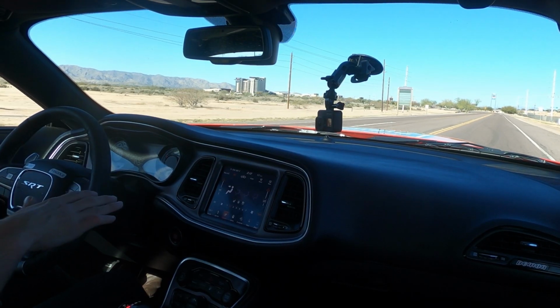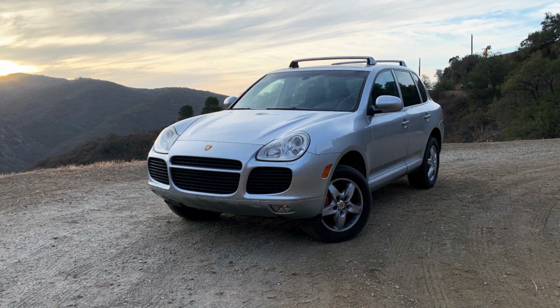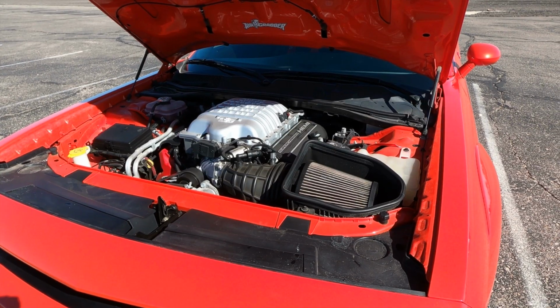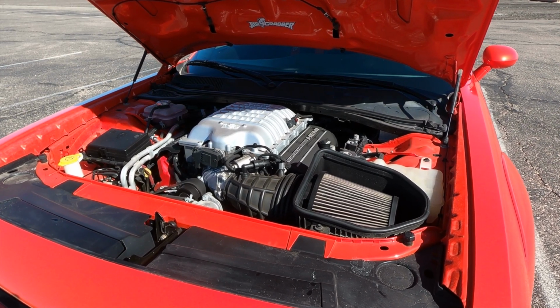In general, I'd say it drives pretty smoothly. This is not the smoothest road in the world, again. It's that sort of Arizona-style asphalt, not great for anybody. In my Porsche Cayenne Turbo, with off-roading tires, I would be getting very little road noise because it's got the airlift suspension. This Challenger in Demon spec does have softer suspension than a normal Hellcat wide body, like the one that